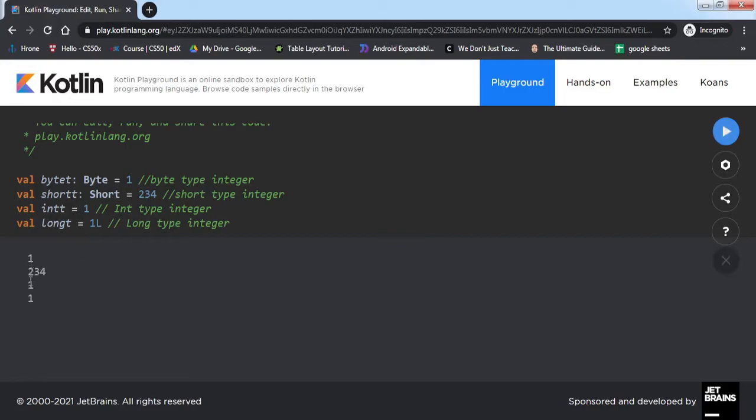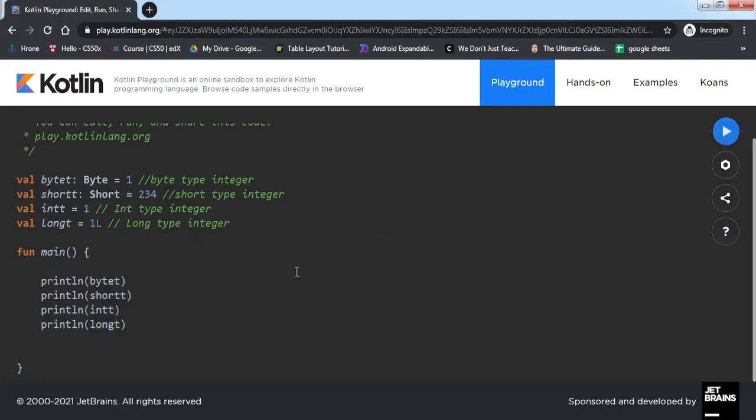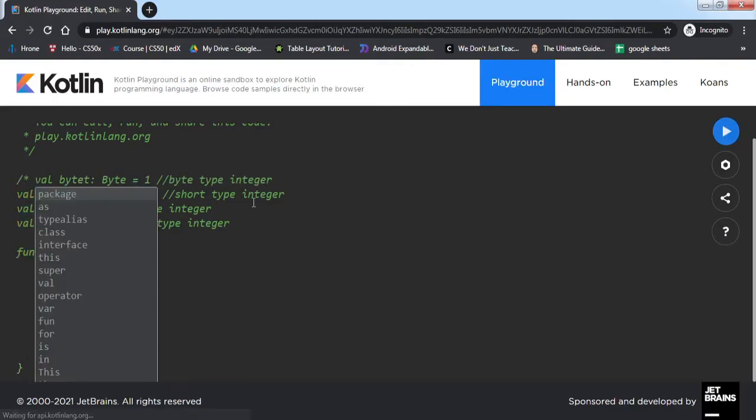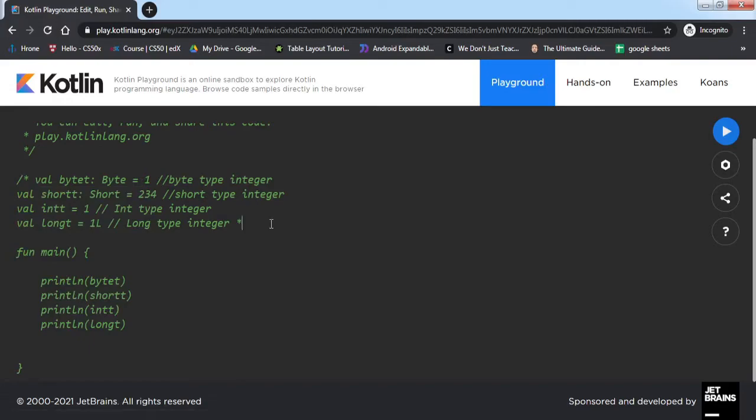You can see 1, 2, 3, 4, 1 and 1, right? So we have defined the integers, all the types of integers. After that we'll define the floating type variables.